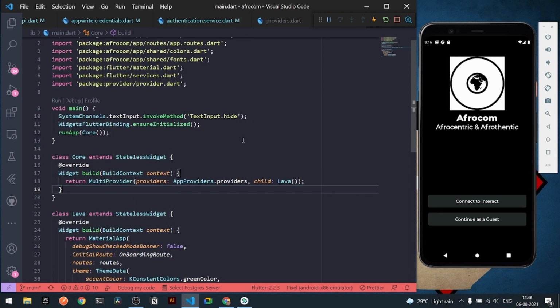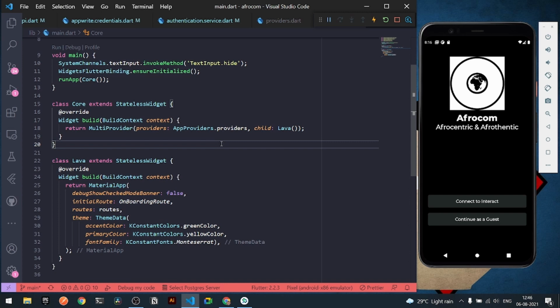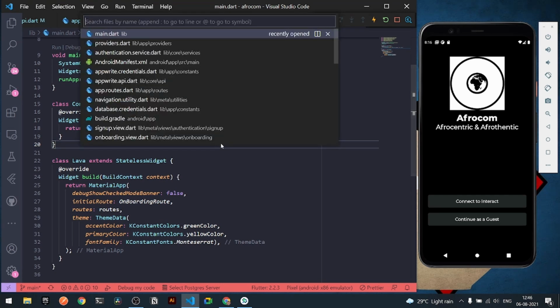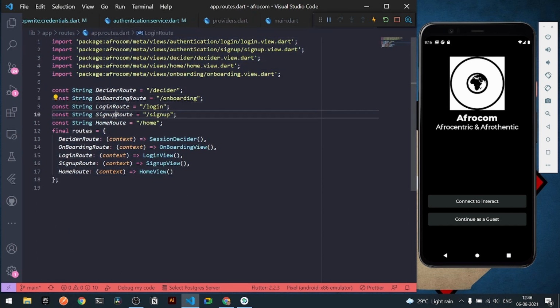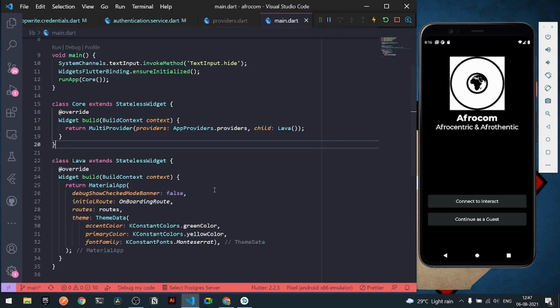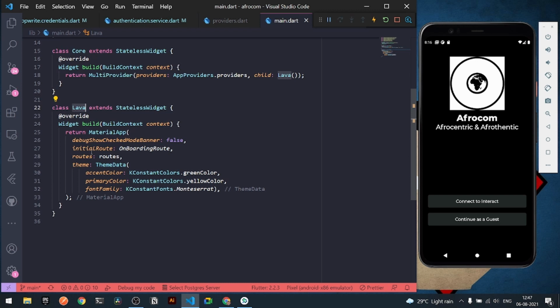The third thing is about navigation. For the navigation, I have been using Navigator 2.0, and for the Navigator 2.0, if I go under my app routes, I got certain routes for decider, onboarding, login, sign up, and home route. All of them have the following map of key value pair, which is mapped, decider route to be decider view, onboarding route to be onboarding view, and so on. All of these routes are connected with my base method, that is my initial method of main. So if I go under my main.dart file, here you can see under my routes, I got the initialization of my first route, which is my onboarding route, and the second one, pair of routes itself. Now this was the complete setup of our routes.